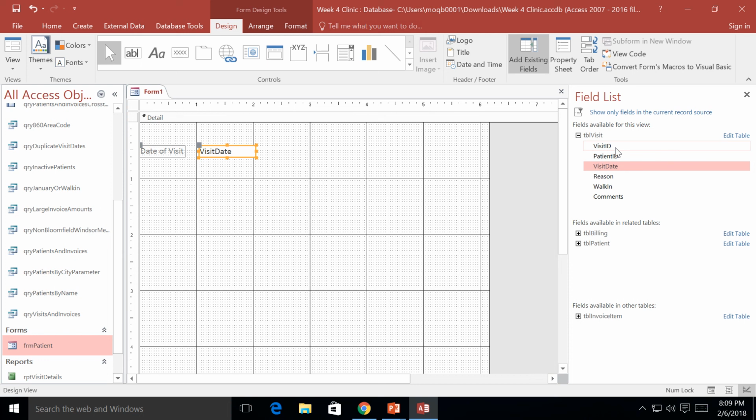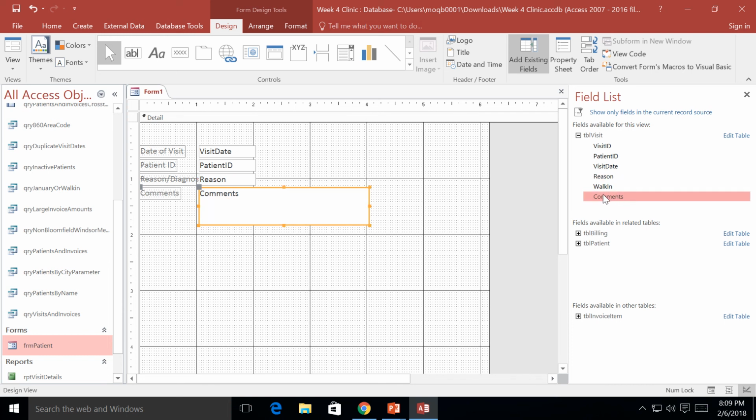I will select what else? So visit date and then patient ID. So patient ID, double click on it. And then I need the reason. Double click on the reason and then comments. And then what we have, the walk-in. Walk-in next. So now what I will do, I will move the walk-in from here, and I want to move